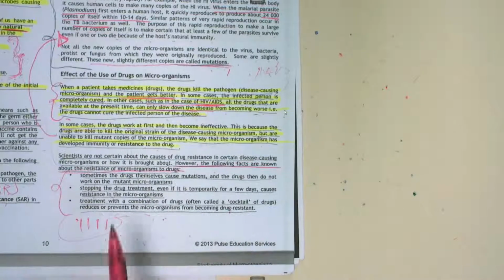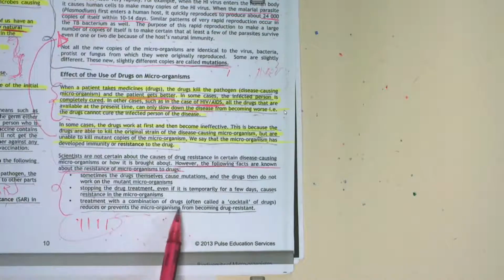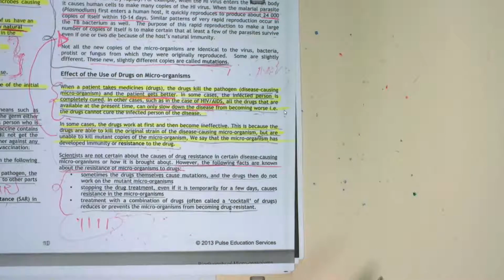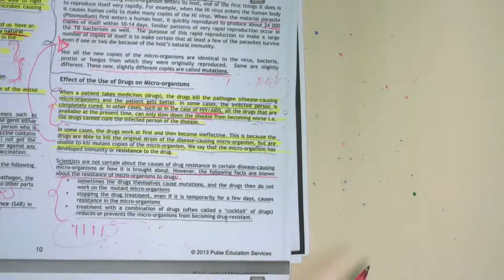And then another thing which can cause resistance of microorganisms to drugs is this one of the treatment with combination of drugs. Sometimes they call it a cocktail of drugs, which reduces or prevents the microorganisms from becoming drug resistant. So that is all with the effect of use of drugs on